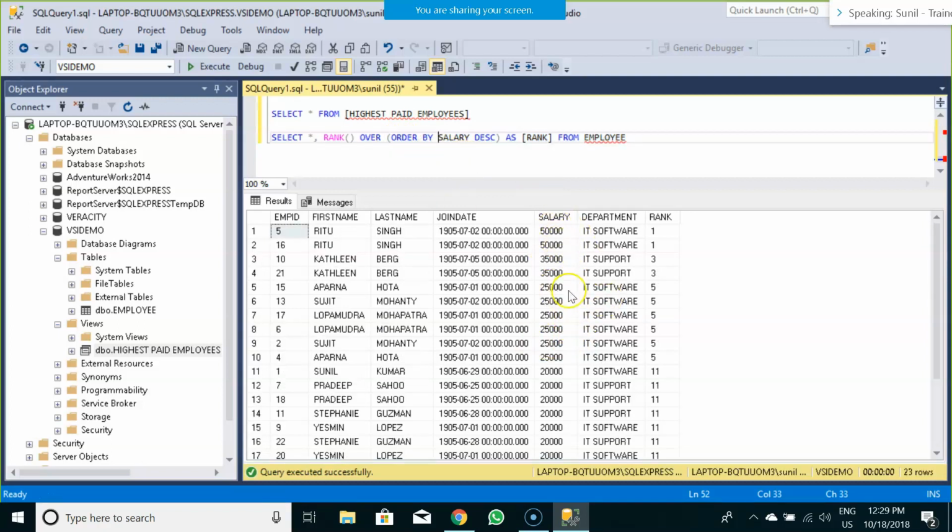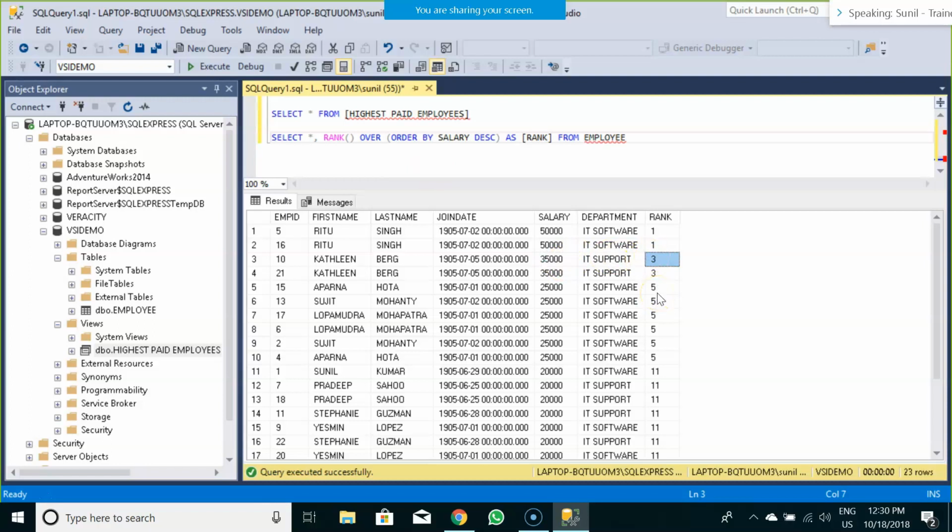Now, on that particular salary column, we have applied the rank function. So what is the purpose of the rank function? It ranks your information. It gives a ranking to your column, like rank number 1, rank number 2, rank number 3, rank number 4, rank number 5, and so on. Basis the column on which you apply a particular rank, it essentially ranks them in an increasing order. Now here you could see the highest salary is ranked as 1, which is fine. Now the second highest salary is ranked as 3.